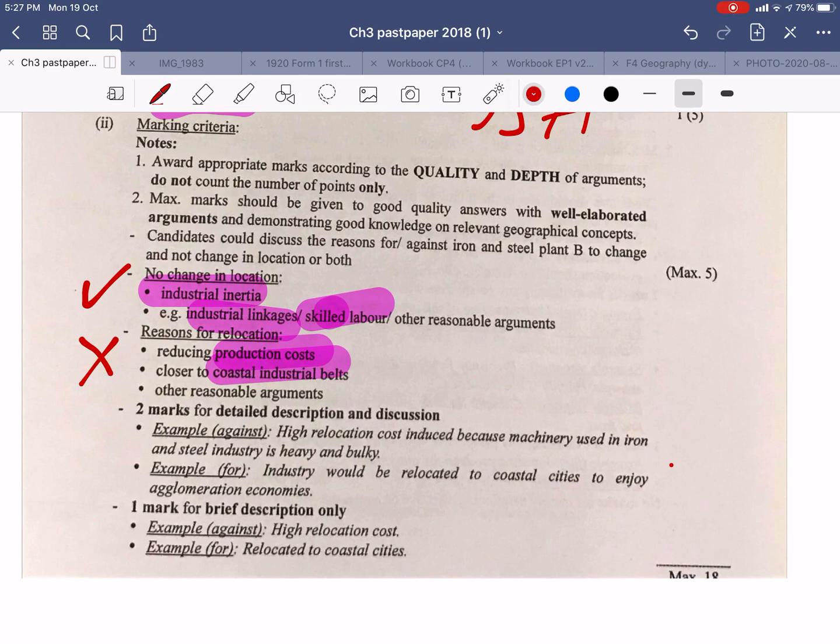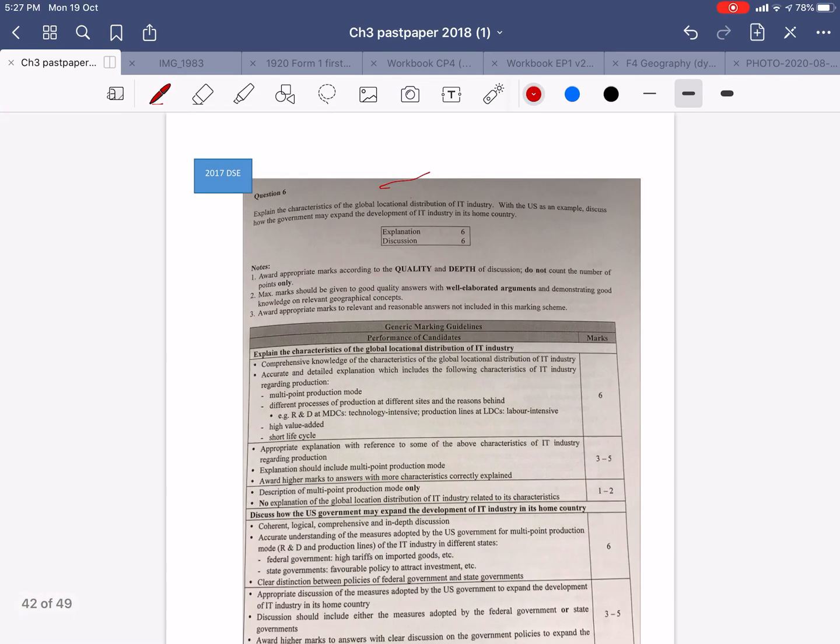And also the skilled labor, there's a well-developed skilled labor pool for facilitating the production of the iron and steel. But how come they are not moving? Okay, not moving. The reasons include the production costs and also the cost closer to the coastal industrial belt, because they are moving towards the market, which is going to be more easily developed. Okay, so that is for